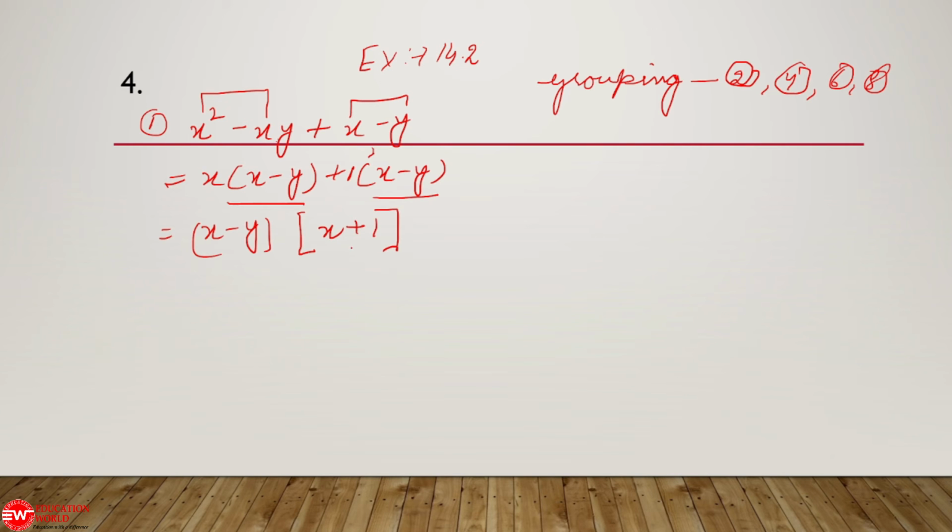This is the reason I told you, don't use that lengthy method of HCF for finding. For the starting stage it is okay, but try to do it directly. Because if you will do here this HCF method, it is going to be lengthy. First of all you will find the factors, then you will do. Okay, so try, practice it. It is not so much difficult. Everything is in front of your eyes and you can do it very easily. So come to the next question.